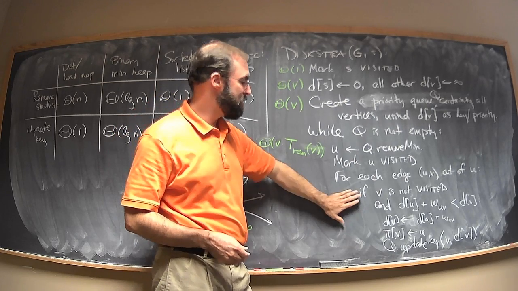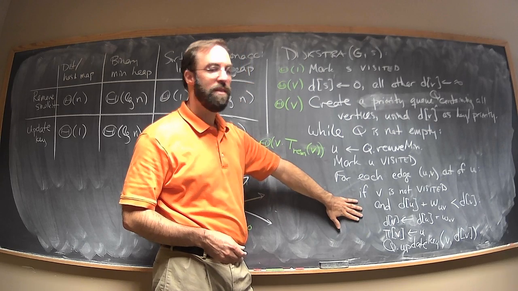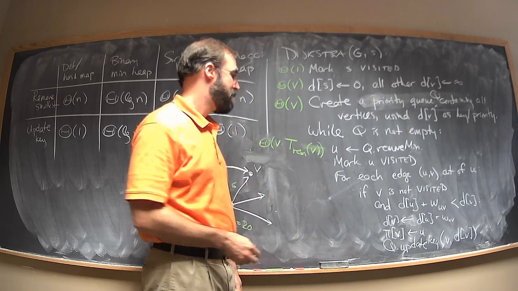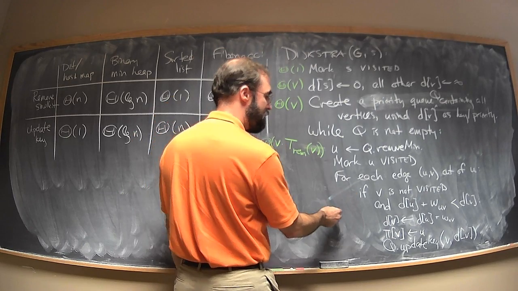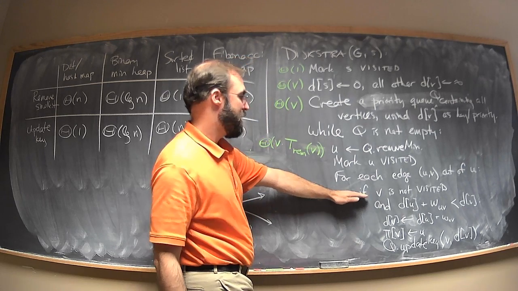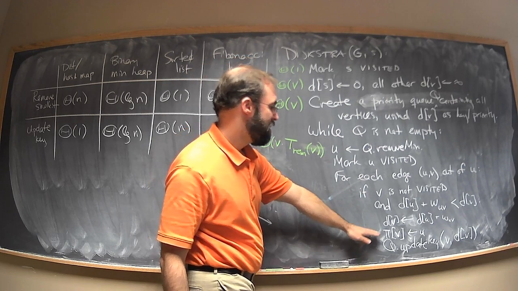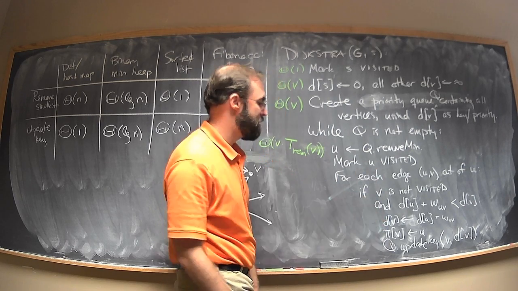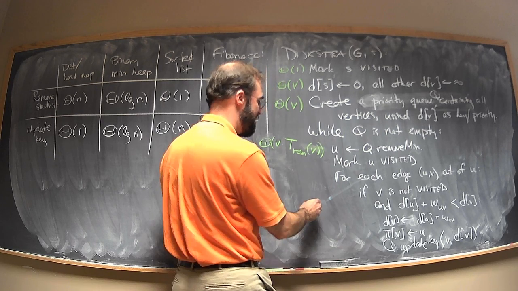So all the stuff in here, like this if, is going to run E times, once for each edge, total. Checking this condition and setting these dictionary values are all just constant time. So it's like theta E